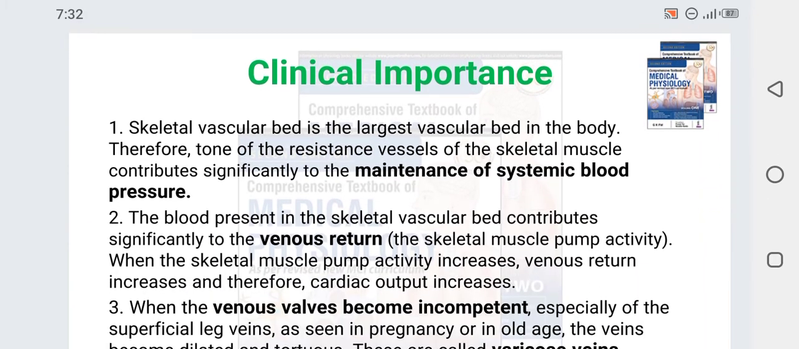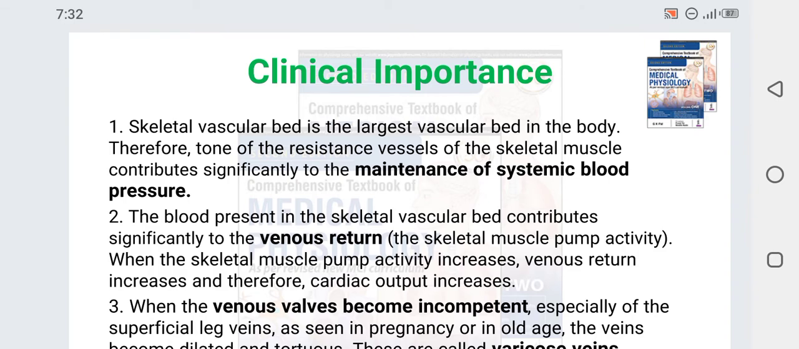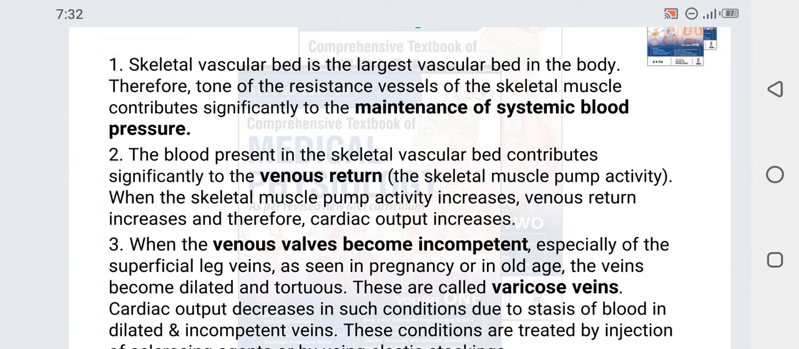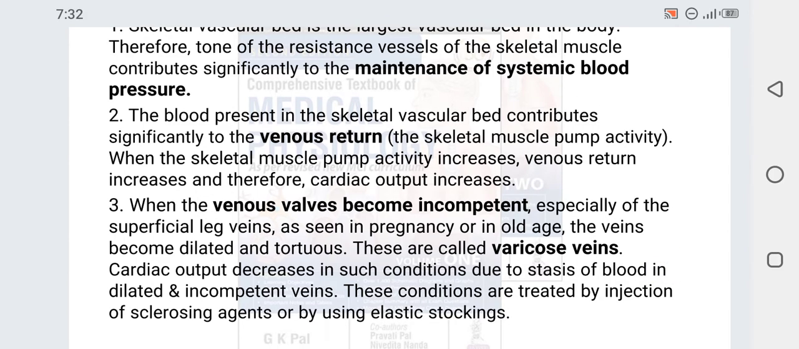What is the clinical importance of this skeletal muscle circulation? The skeletal muscle bed is the largest vascular bed in the body. Therefore, the tone of the resistance vessels of the skeletal muscle contributes significantly to the maintenance of systemic blood pressure. Second importance is that blood present in the skeletal vascular bed contributes significantly to the venous return, that is the skeletal muscle pump activity. When the skeletal muscle pump activity increases, the venous return increases,